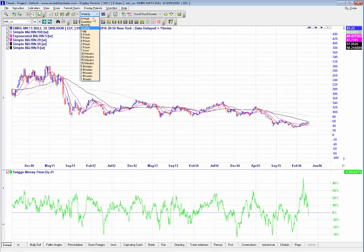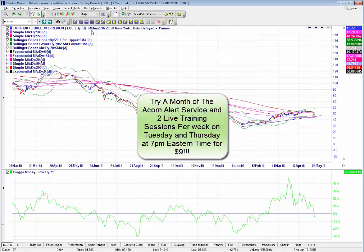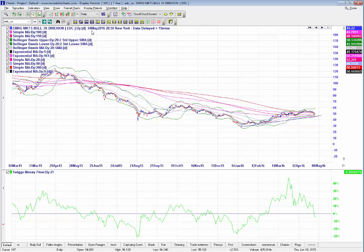And last but not least, EDC. Not the Electronic Daisy Carnival, but actually the Emerging Markets Bull 3 times Direction ETF. Now, I thought it was quite interesting to listen to the news recently saying that money was flooding into the emerging markets again, was the headline on Yahoo. And of course, here we are seeing the emerging markets completely fall apart. Just goes to show how useful the news is. Anyway, this is obviously a leveraged ETF, so this is a very risky play, buying puts on something that's already leveraged. But I'd be looking at the